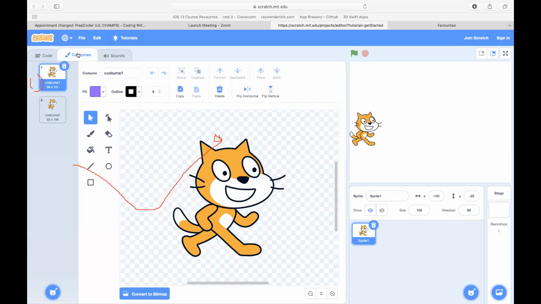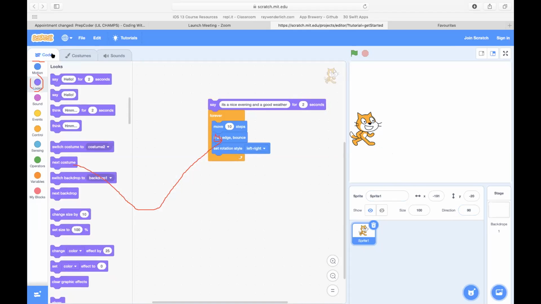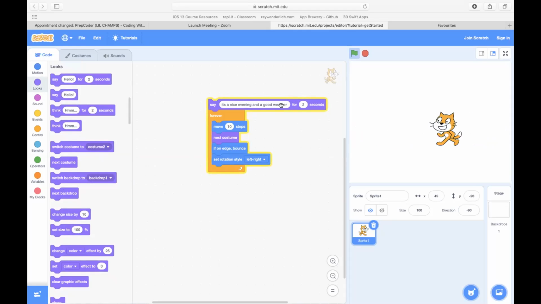Go to your code. Next costume, sir. Where to? After move 10 blocks. Very good. And now let's see how it looks like. Okay, it's working. Very good. The cat is walking. Okay, now it is going very fast, correct?